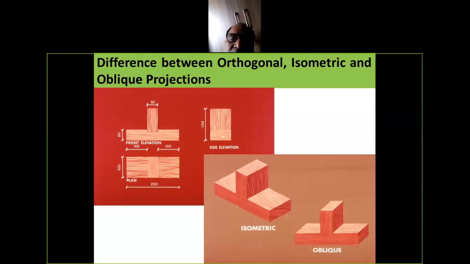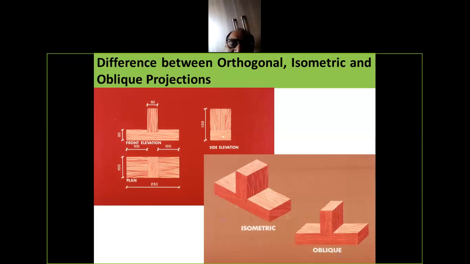Now we have seen this is the orthographic projection first, where we have taken top view, front view, side view. So in orthogonal projection, there are three views.